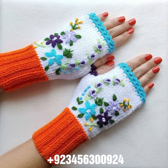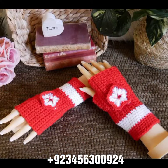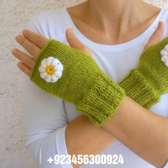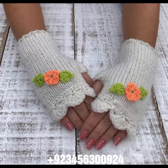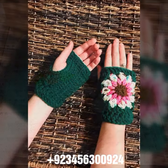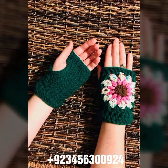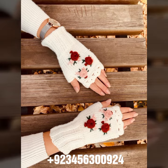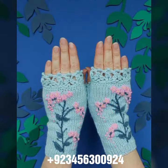We have designers, so you can order and get amazing crochet material like these crochet women's fingerless gloves and others like crochet women's long gloves, short gloves, full sleeve, half sleeve, sleeveless, off shoulder dresses, long dresses, short dresses, bodycon dresses, skirts, poncho, caplet, cape shawl, women's cap design, scarf, circular jacket design, blouse designs, also cardigans,